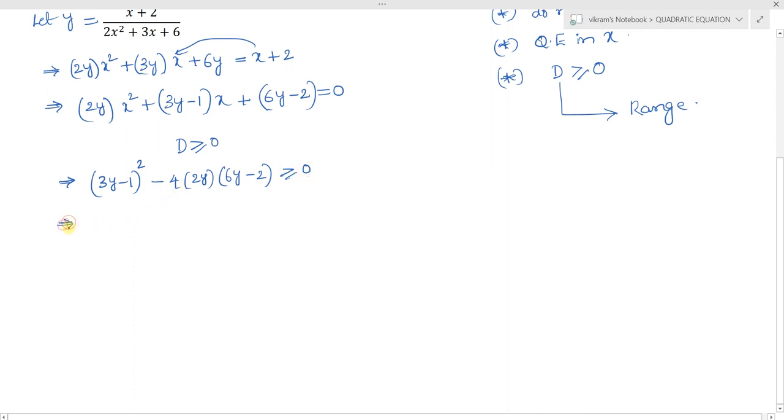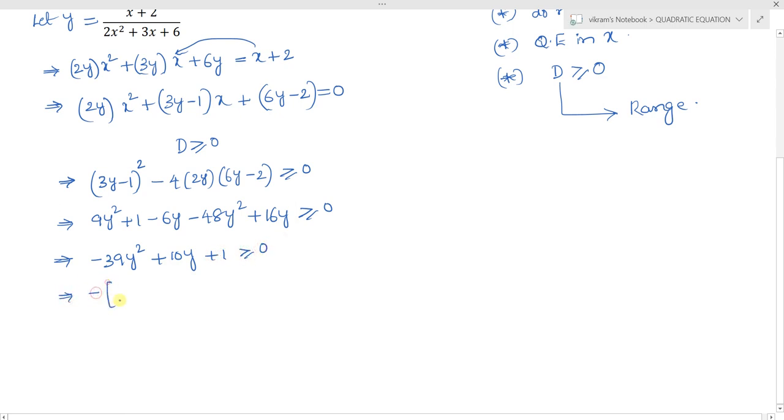If we simplify this, what will we obtain? 9y squared plus 1 minus 6y, minus 48y squared, plus 16y, is greater than or equal to 0. What do we obtain here? 9 minus 48 means minus 39y squared, plus 10y plus 1 greater than or equal to 0. If we take minus as common, then we can write this as 39y squared minus 10y minus 1